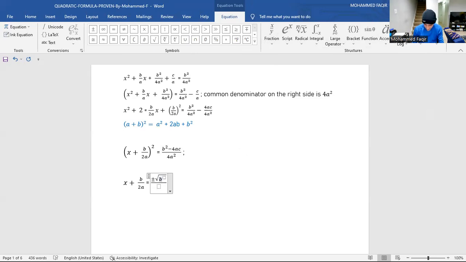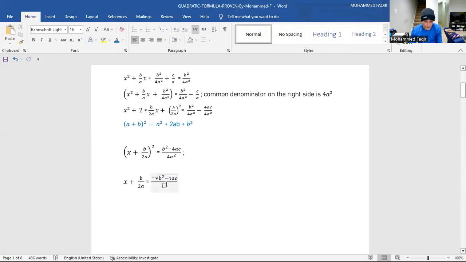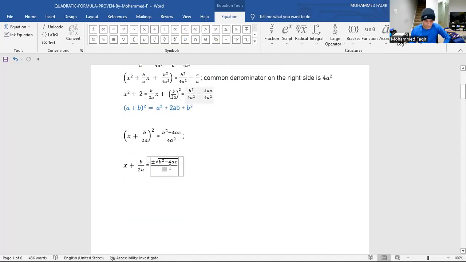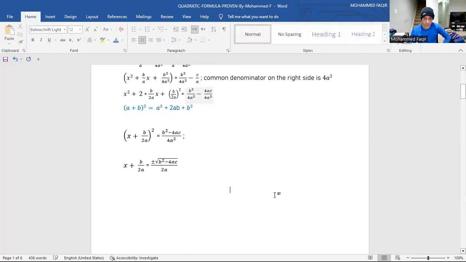So b squared minus 4ac. So now, if I didn't assume this, I cannot get this to A. If I didn't assume my assumption, which other YouTubers and Khan Academy did not mention, we wouldn't